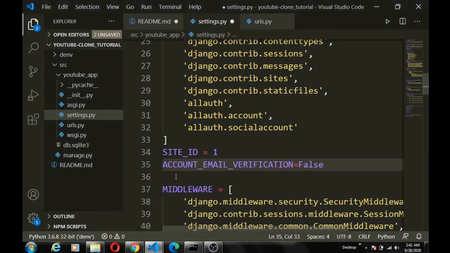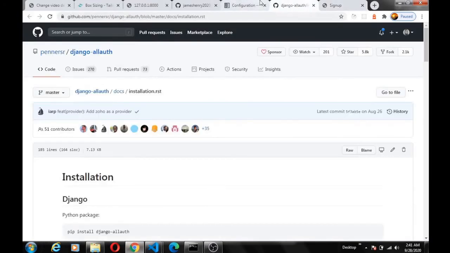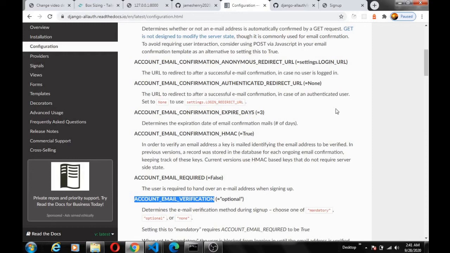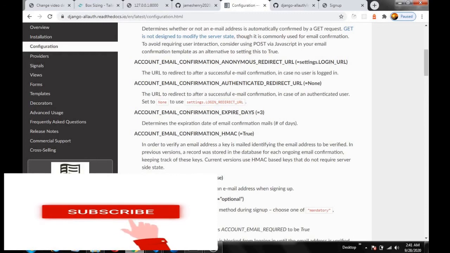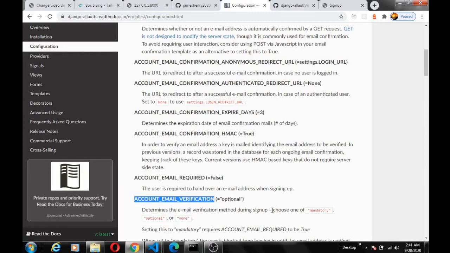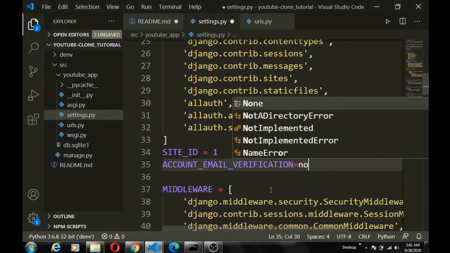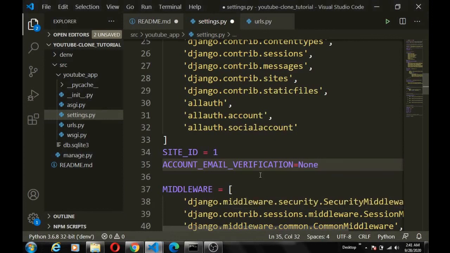So we paste ACCOUNT_EMAIL_VERIFICATION equals none. If you check the Django auth configuration, you see the options here. They determine the email verification method during sign up: mandatory, optional, or none. We set it to none, so that we can use dummy emails. So once you save this,